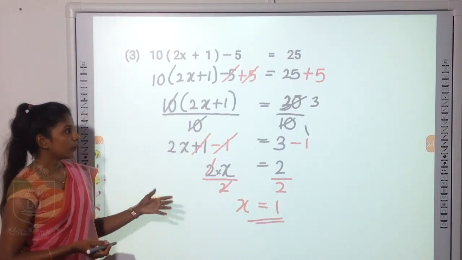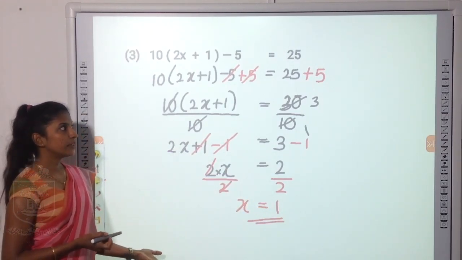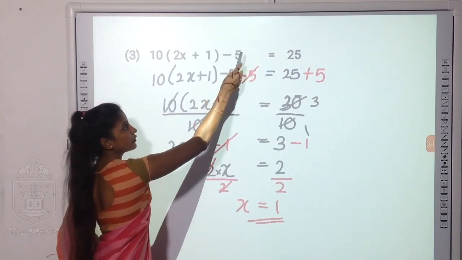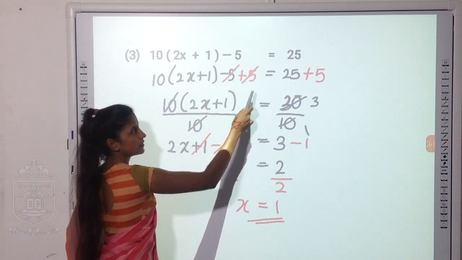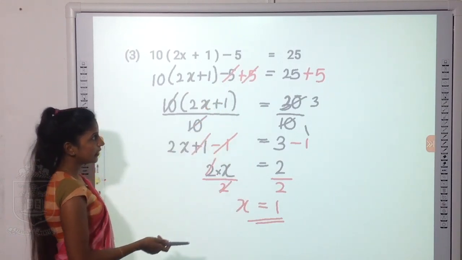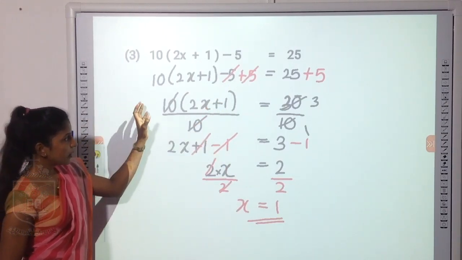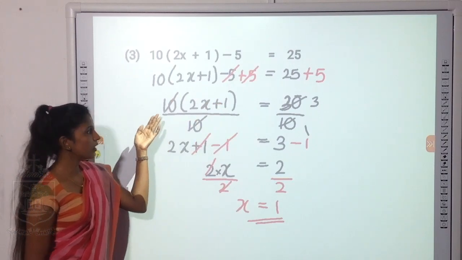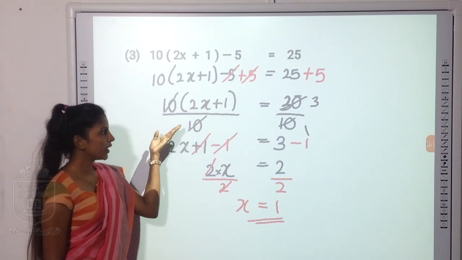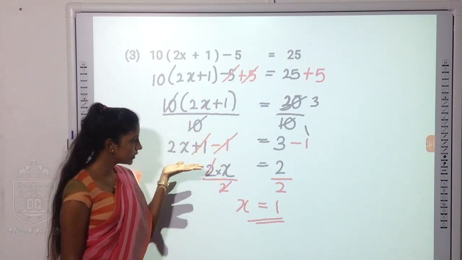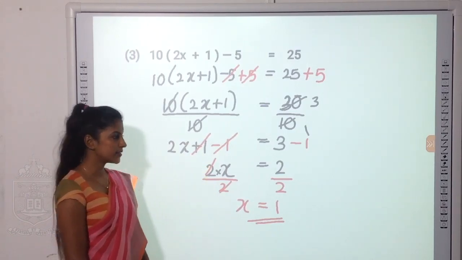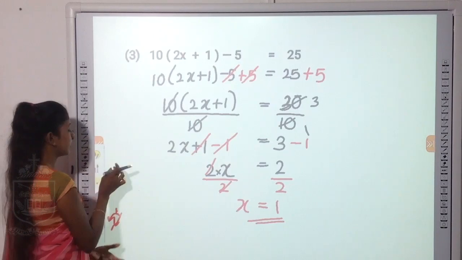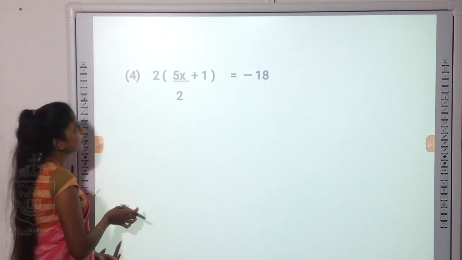So now I think it's clear how to simplify the equation. First of all, you have to remove this number which is not connected with the expression by doing the opposite of the operation, and then you will remain this expression and you have to remove this number by dividing, and then you will get a linear equation without the bracket and then obtain the answer like solving equations in a simple way.